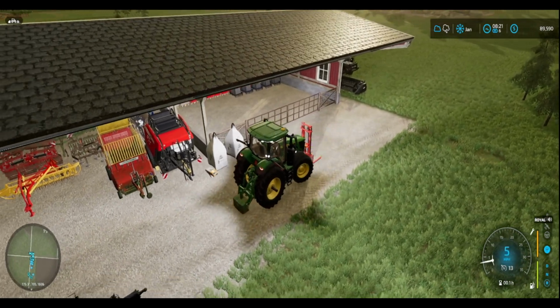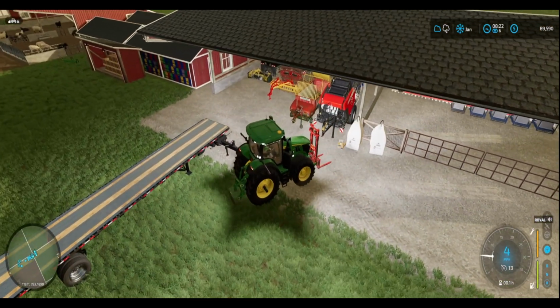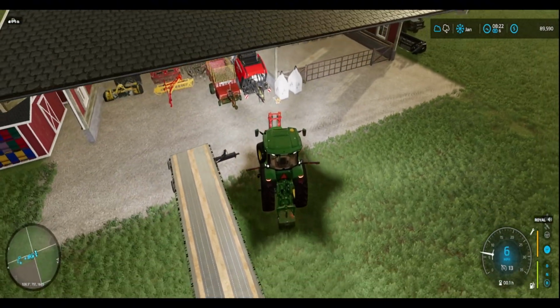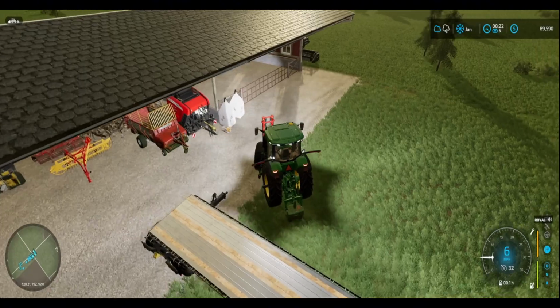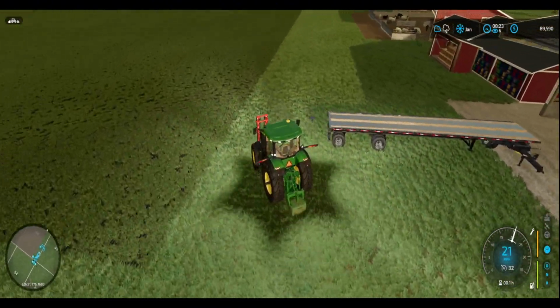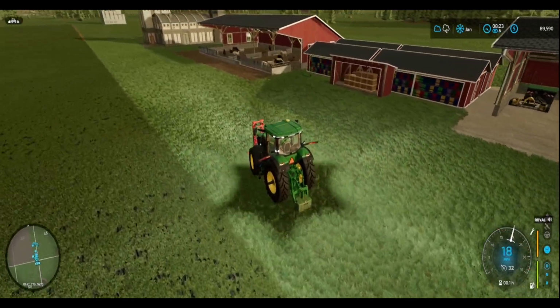All right, so there we are on cloth. We'll have to keep an eye on that for time and see how it's going to do for selling. Let's go around this other way. All right, so